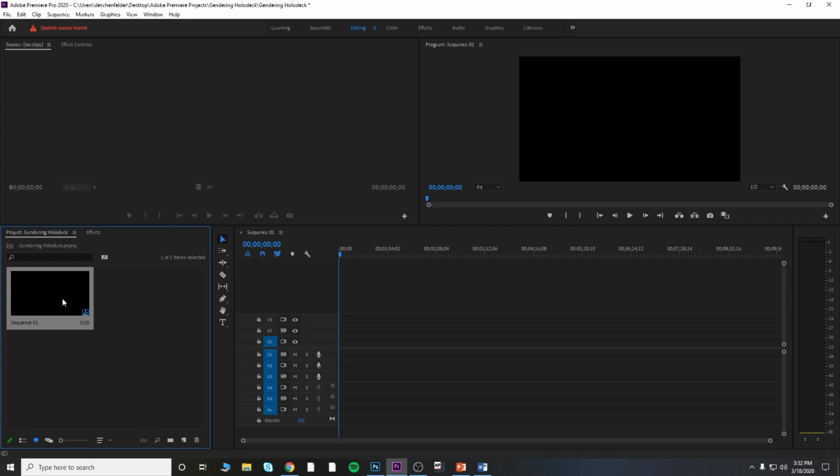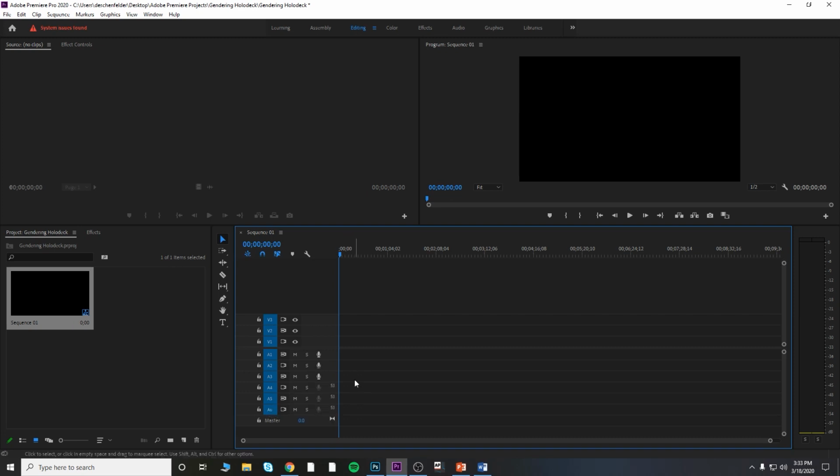And notice it puts the sequence there. If you hover over there, look, it even says sequence, and it's named sequence 01. It's also named sequence 01 here because it popped it in here. It popped all these different layers of video, 1, 2, 3, and 1, 2, 3, 4, 5, 6 layers